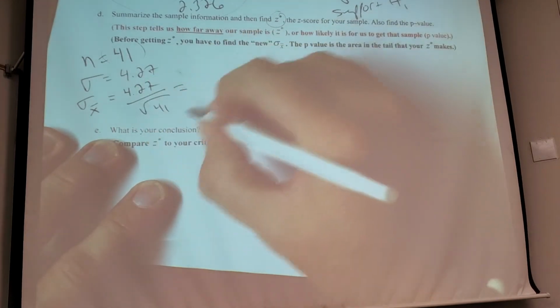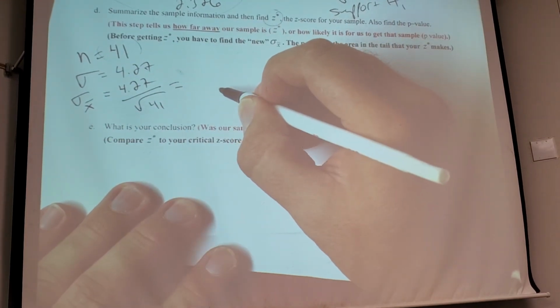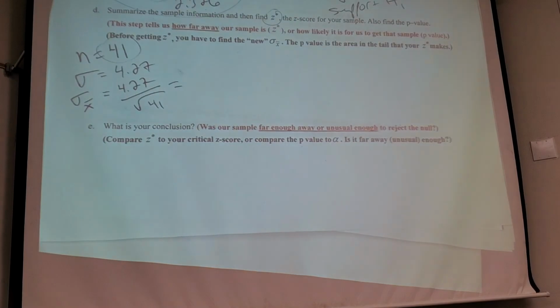Hello, help me out. What is this? Please shut me up. Get me back on this. What is 4.27 divided by the square